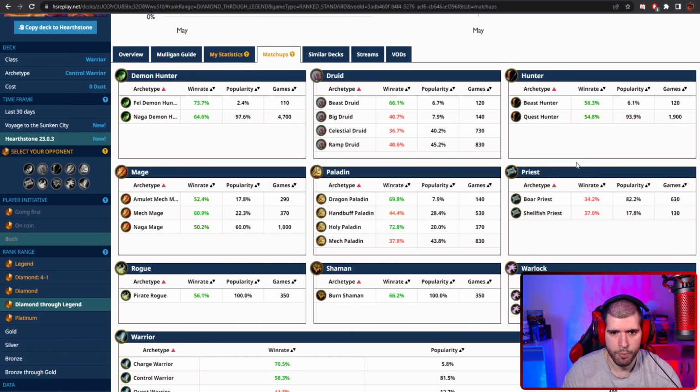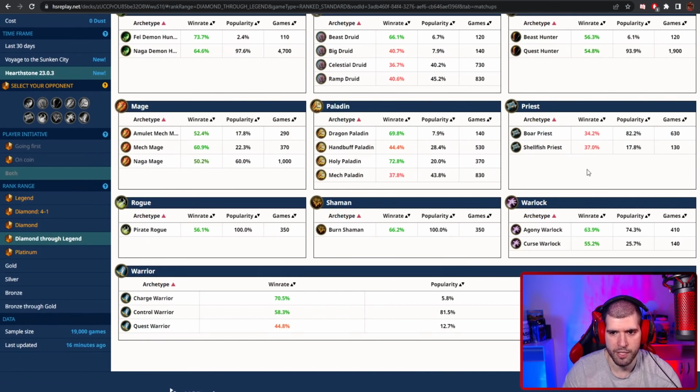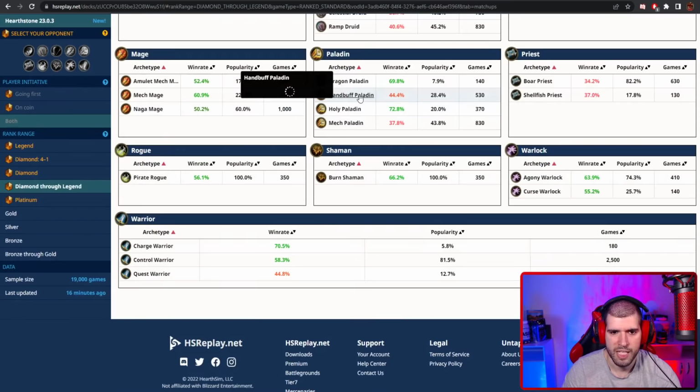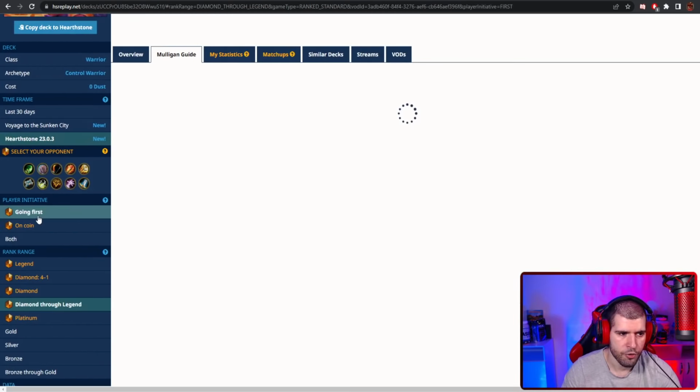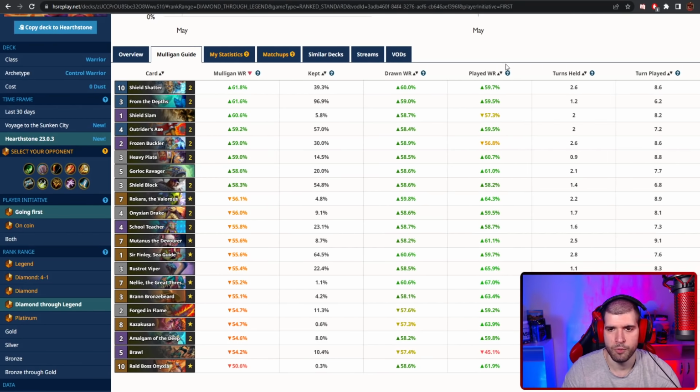Matchup wise, it's pretty polarizing, and all of the value-oriented druids are gonna have better value over you. Boar Priest is also gonna be wrecking you, as well as Shellfish Priest, and some of the paladins can be pretty hard as well. Quest Warrior is also gonna be pretty strong against you, because the Juggernaut is just still too strong. Mulligan wise, you are a control deck, so it's really gonna heavily depend on what you're playing against,